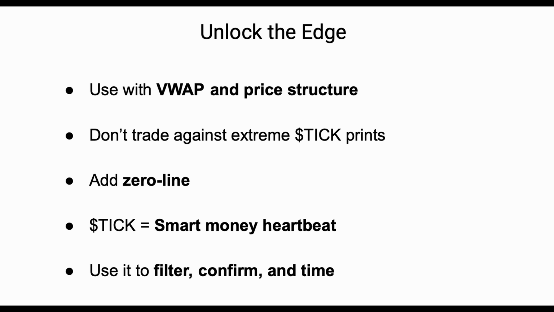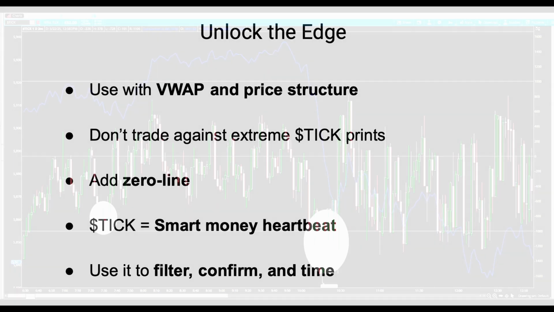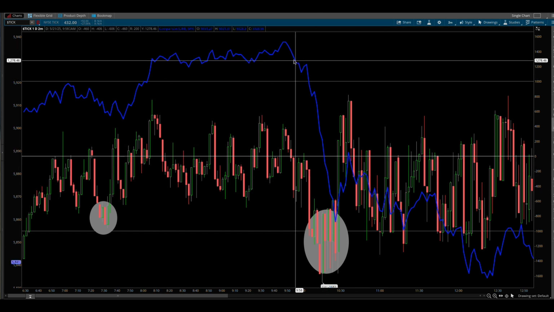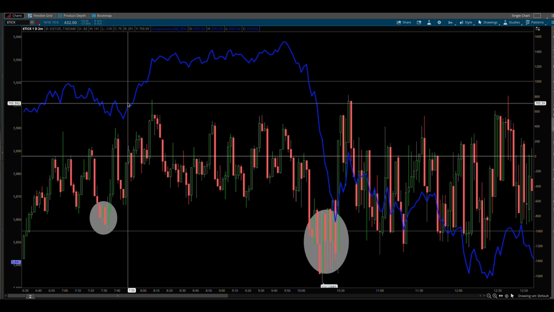So let's dive in and give you an example. That was just a short overview of what it was, so let's go look at some examples here. Okay, up on the screen, I've got my tick chart. I put the comparison of SPX in the background just because I like to visually see what SPX is seeing